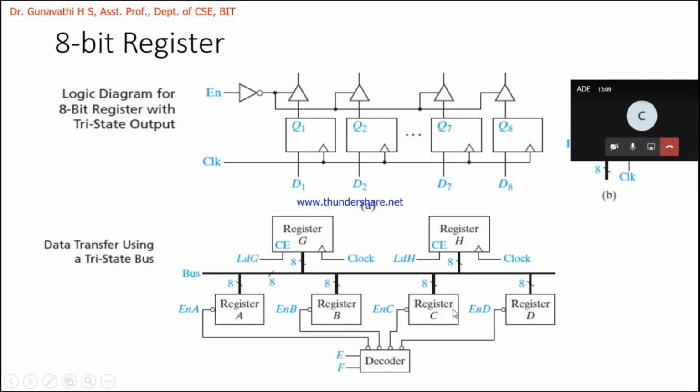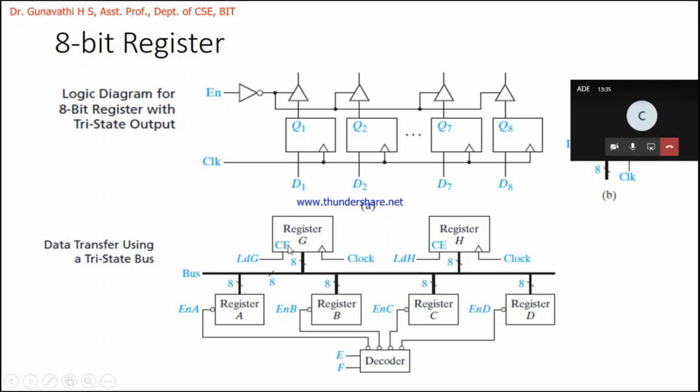Please do respond. Yes. So if both of these are high, I'm going to get the data of A in both of these, G and H. If this is high, I'm going to get data only in G. If this is high, I'm going to get data only in H. That's it. If it is 0 0, if it is 1 1, then I'll be getting the data of D into these things based on these clock enable bits.